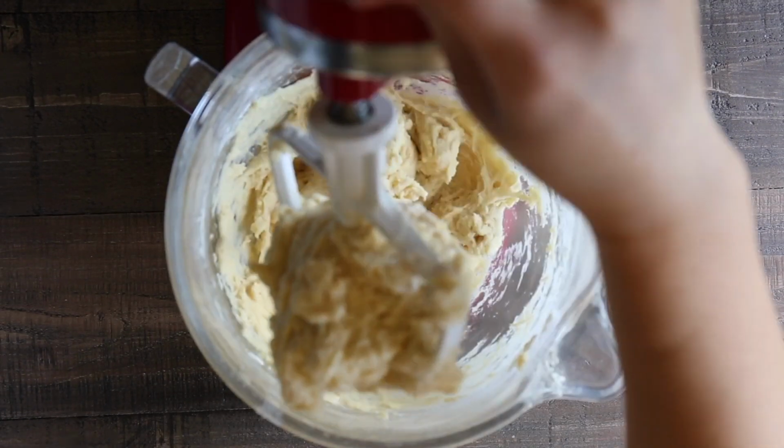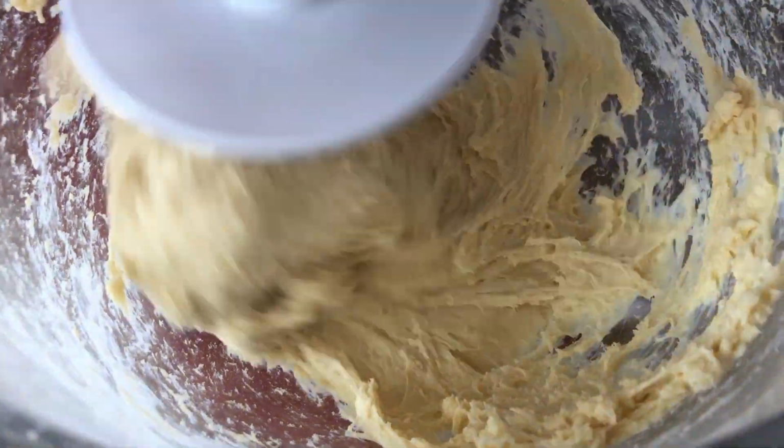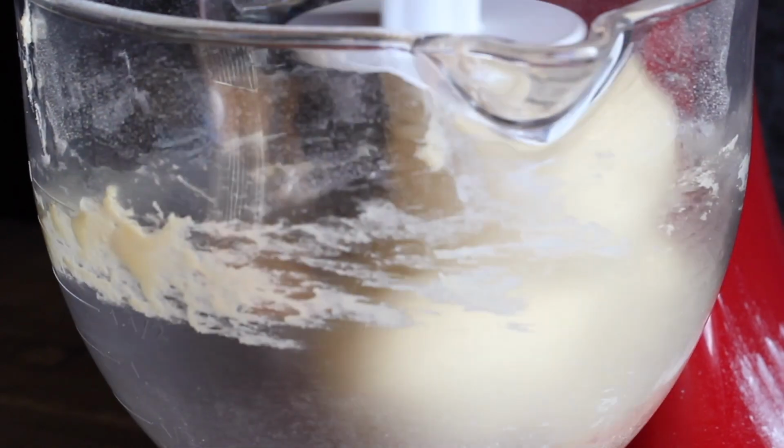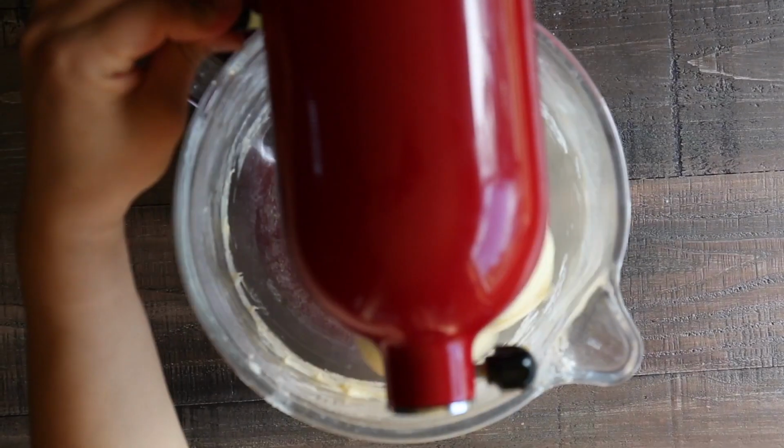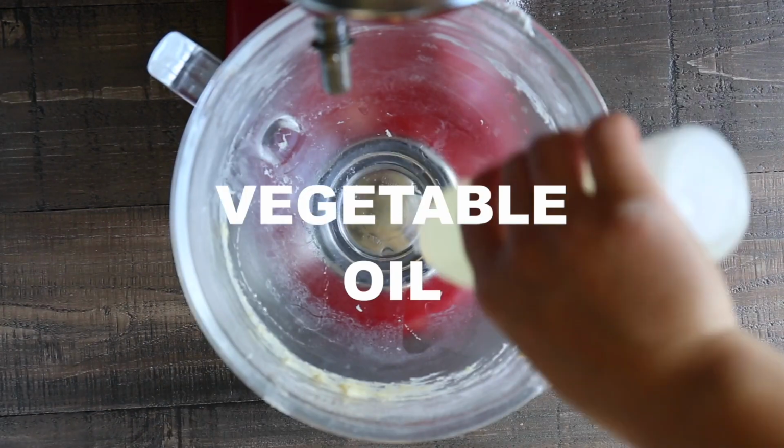Replace the paddle attachment with the dough hook and knead for about 6 minutes on medium speed. The dough will be super sticky at the beginning, but it will get smoother as you knead it. After about 6 minutes of kneading, when the dough is nice and smooth, oil the bowl with vegetable oil